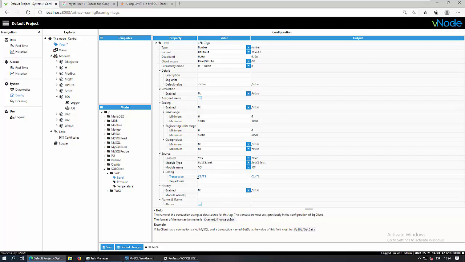So that's why I put C1/T1, which is my channel and my transaction. In the tag address, I don't need to put anything if I don't want to, because this tag already has a name. This tag level, the full path of this tag called label is